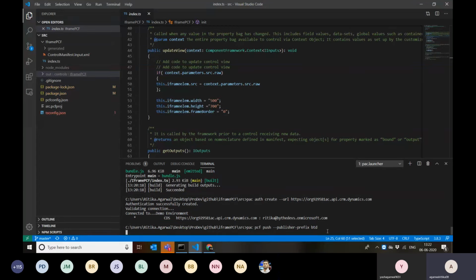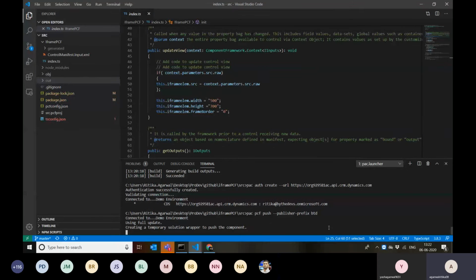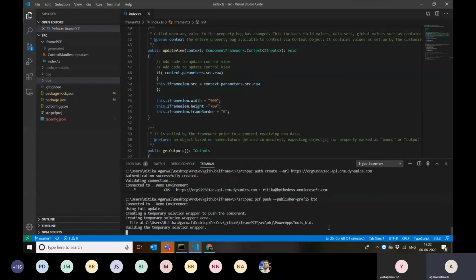So that's all. If I click enter, first it is going to check if the PCF already exists in my environment. If it does, then it will do an incremental update. And as this iframe PCF is not there in my environment already, I can see that it is doing a full update. The whole PCF will be pushed to that environment.